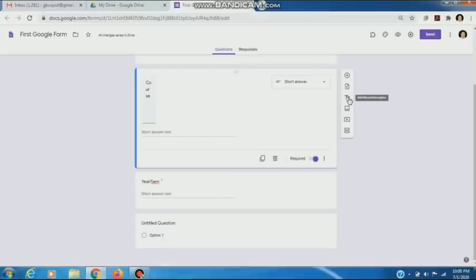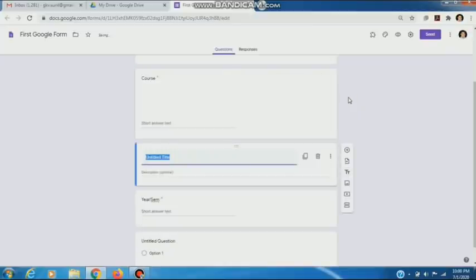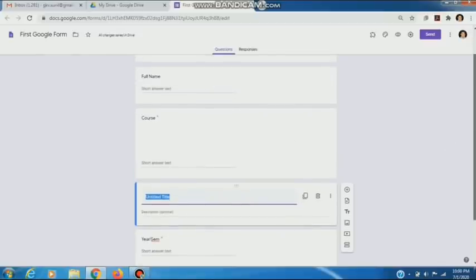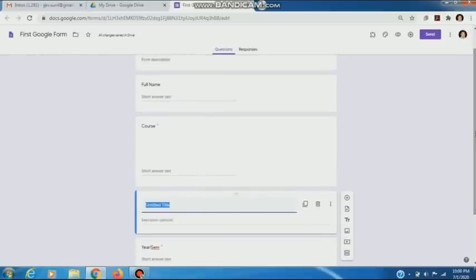Now the third option is add title and description. We can add another title or subsection. Suppose we are taking candidate information. In the first section we can add personal information like name, father's name, date of birth.